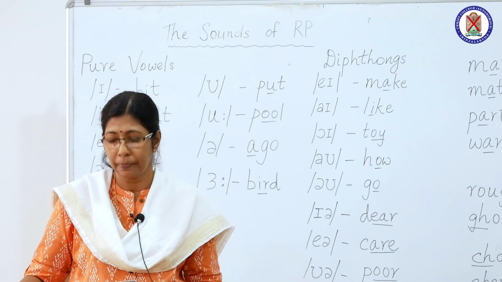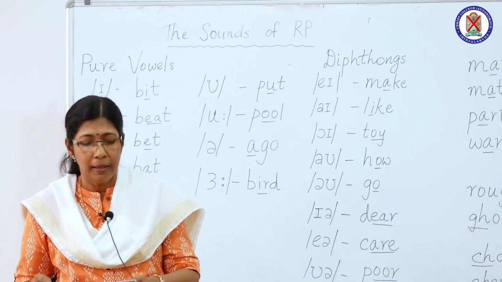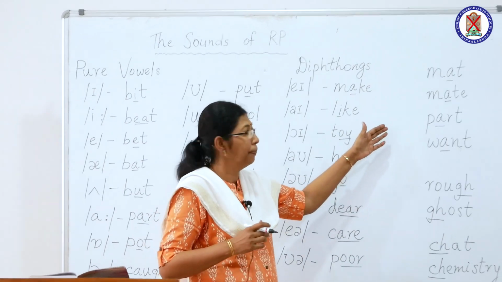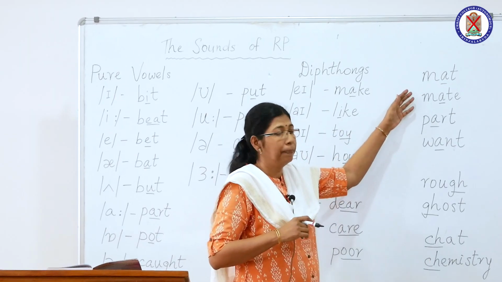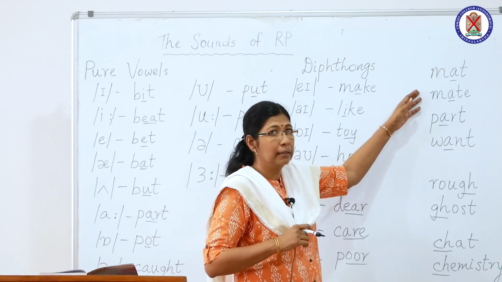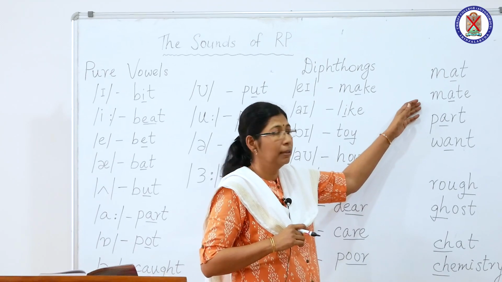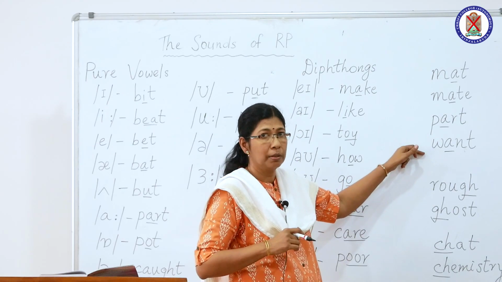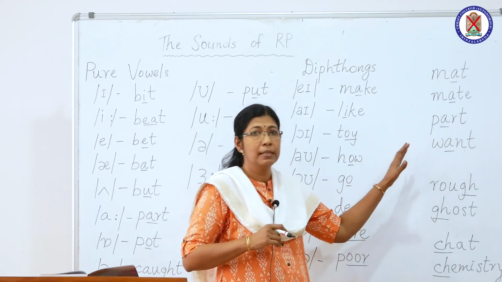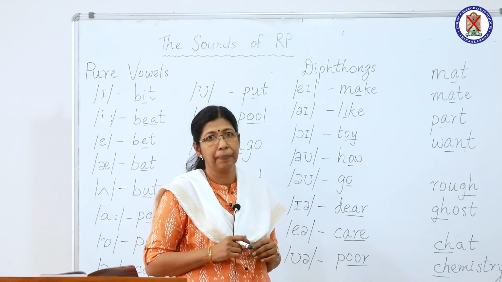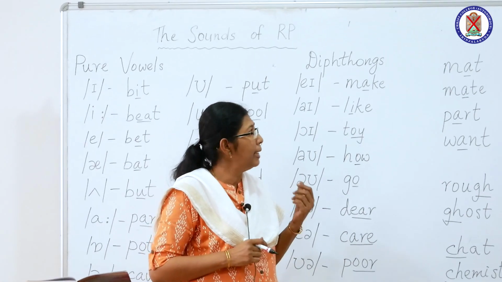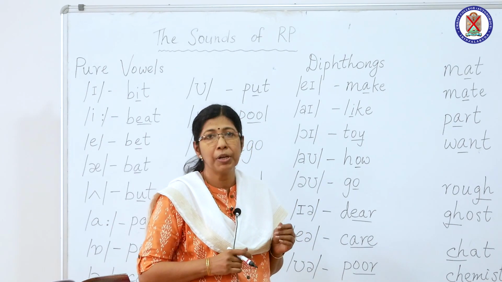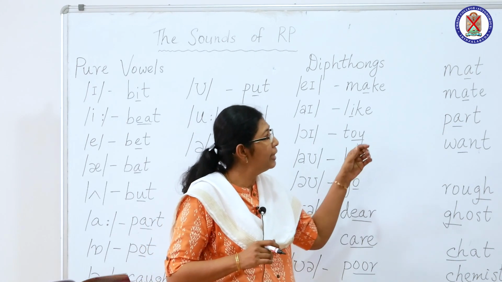For example, take a look at the words I've written on the board. We have 4 words here. The first one is mat, second one mate, third one part, fourth one want. All these words have the letter A. But as you can understand, the same letter A, the first letter of the English alphabet, is pronounced differently in